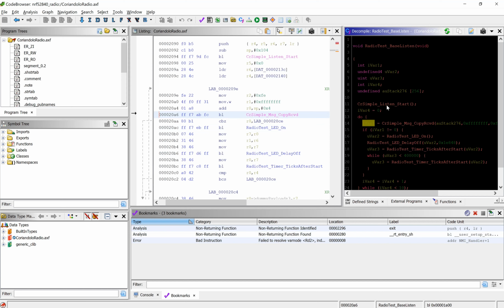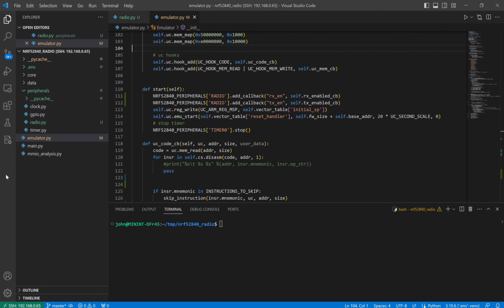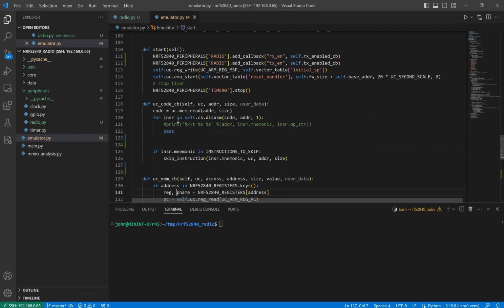After the listening, it tries to, the while loop actually is a for loop basically, for 10 buffers. It tries to copy the received message, and the return value is checked. Perhaps it tries to figure out if the packet was valid. So it seems that right here, before this comparison would be the ideal place, because we would figure out the invalid packets as well. Okay, let's go back, and inside the code